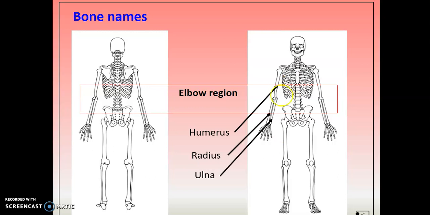Now, if we're looking at an anatomical skeleton, so that's what it means when the skeleton is in this position, facing forward with the hands turned out away from them, in this kind of perfect position to be able to see it. The way I remember it is if you're looking at a diagram like this, the ulna is the bone that is underneath, so U for under, U for ulna, and the bone that is on the top is called your